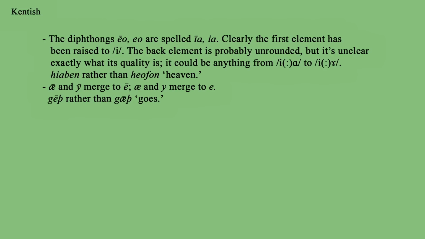Unrounded back vowels are not something I'm very good at pronouncing, apart from quite low ones. So a word like Helvon might be given as something like hiaben. At the same time, you have a merger of long and short versions of a and u to just e, as it's shown in spelling. So a word like gath becomes something like gaith. And if you really listen to those, it's very easy to imagine it just being a difference in regional accent at the time. Gath, gaith, gath, gaith.